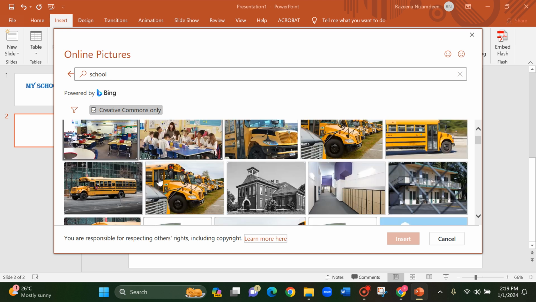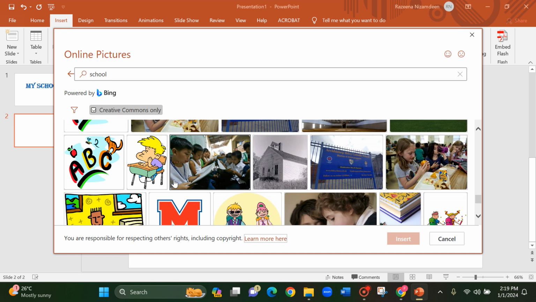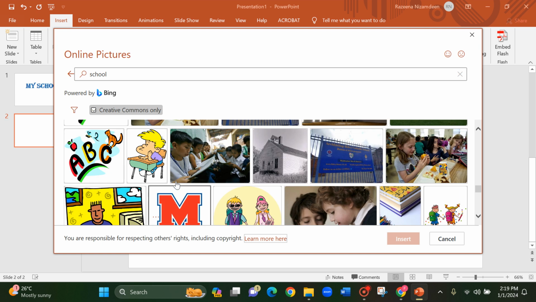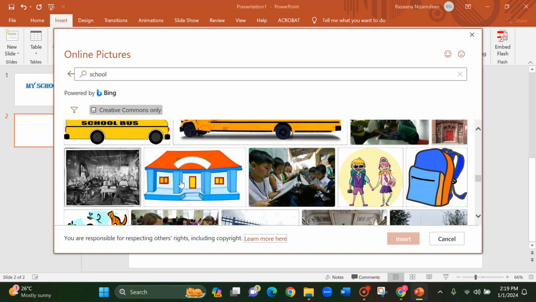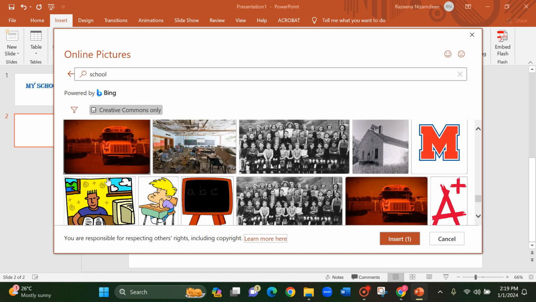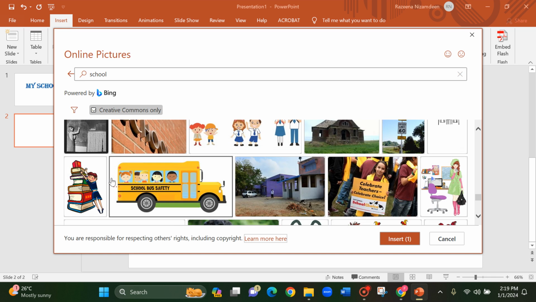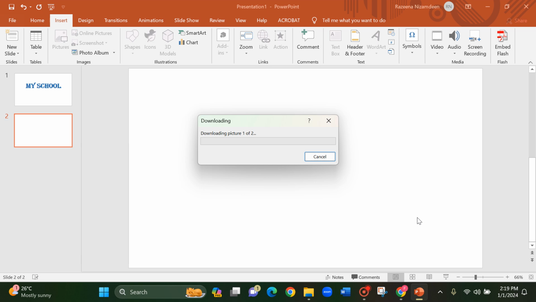Okay, so let me add this. Select, or if you want to add another image, you may select another image also at the same time. Okay, let's imagine you want to add this. Okay, there are two now, insert two. So just click it, it will be added to your slide